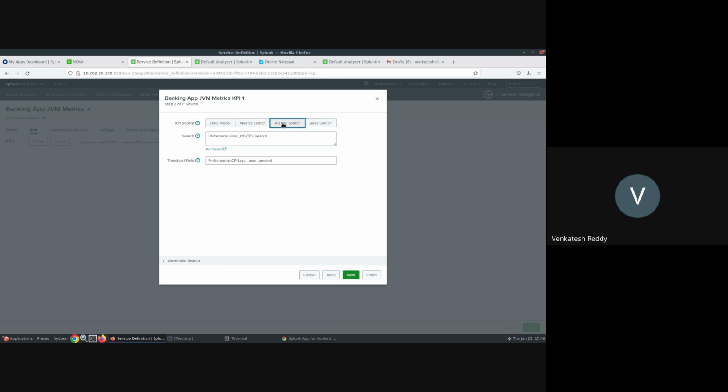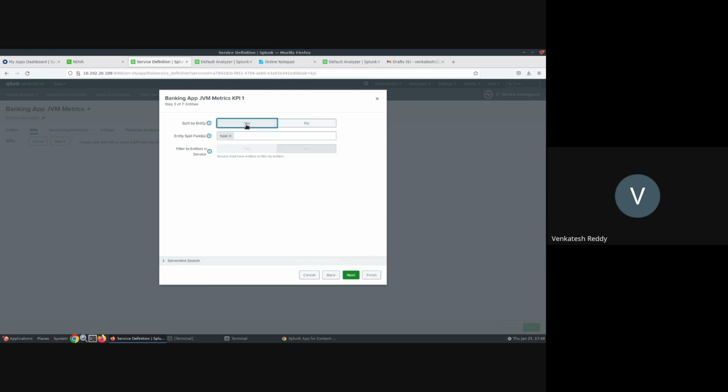Or I can add from ad hoc search here, index equal to underscore internal. I'm just adding because I don't have any data. And then I can perform a field on host and click next.